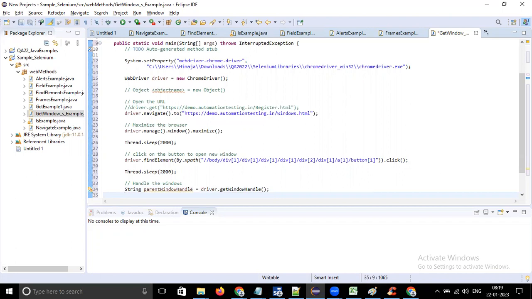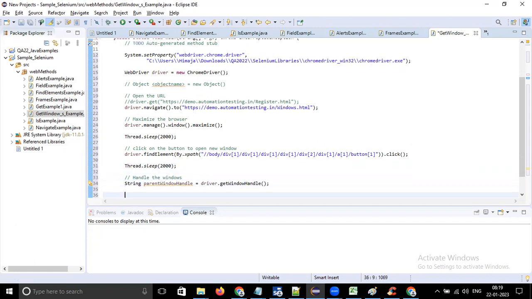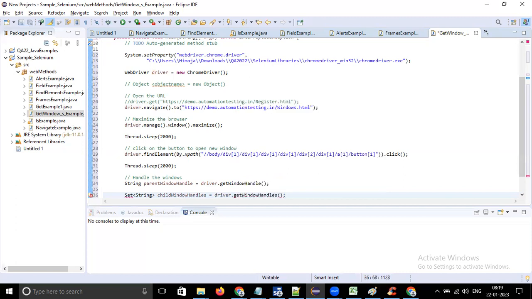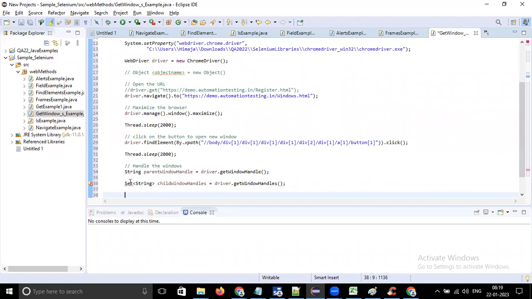So we are making use of the same method, getWindowHandle, and then set string childWindowHandles is equal to, because it opens another window, which means we need to handle multiple windows, getWindowHandles. getWindowHandles, and then